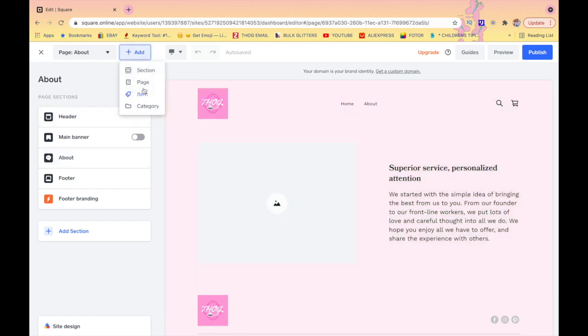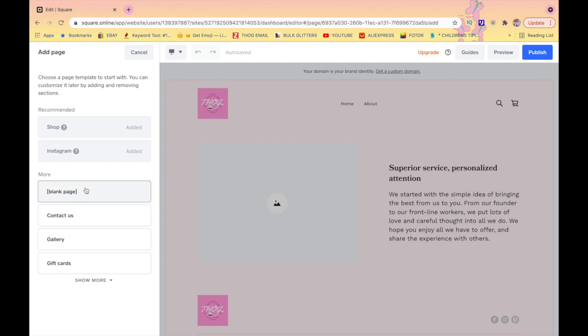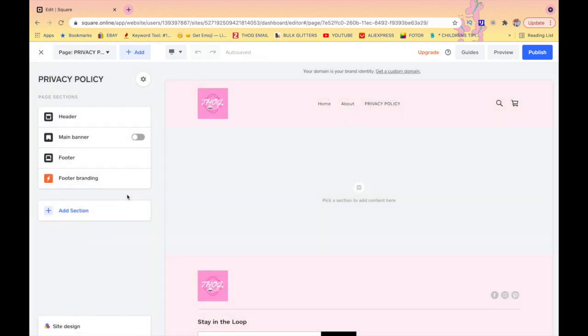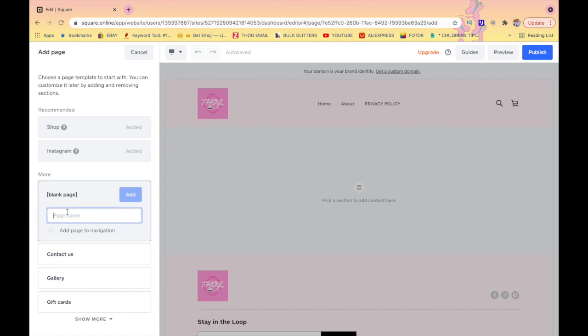And then we're going to also go back to pages, and we are going to do a blank page, and you have to name this page, and we're going to name it Privacy Policy. And that is going to be a page. So these pages have to be added when you have a website. It's absolutely crucial. So make sure that you add these pages. You don't have to add them to the navigation if you don't want to, but you have to have these pages. So we're going to do the refund